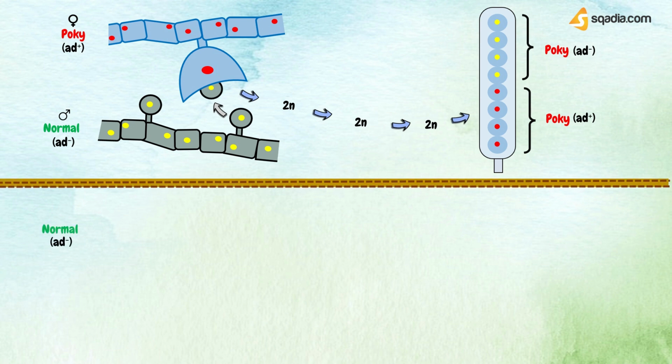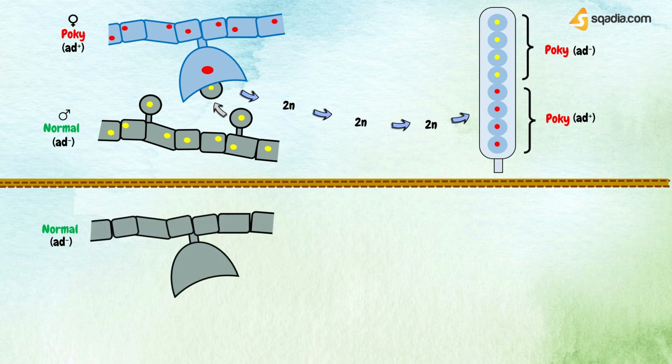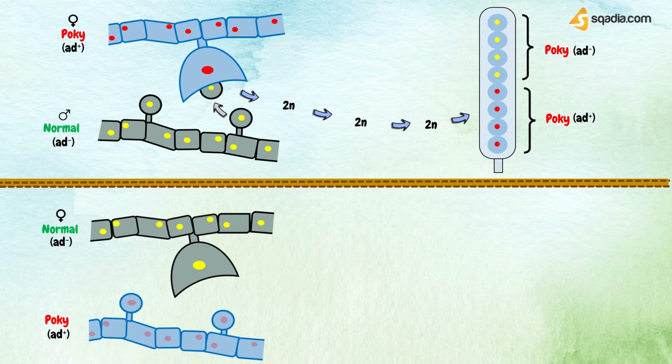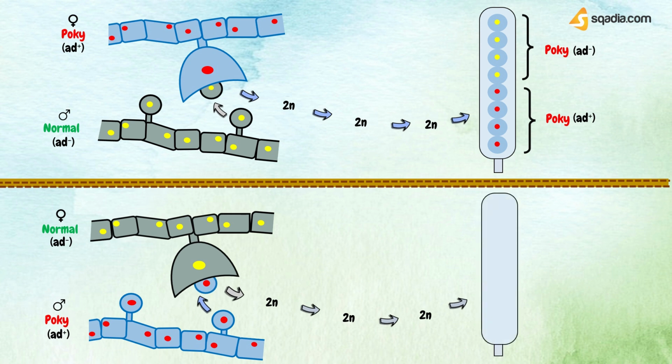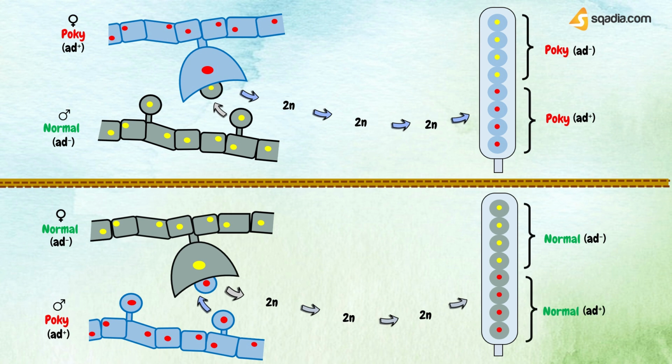negative, having brown cytoplasm and yellow nuclei, female gamete, and the other Pocky positive, which has blue cytoplasm and red nuclei, male gamete, and then mating takes place. That leads to the production of half normal negative and half normal